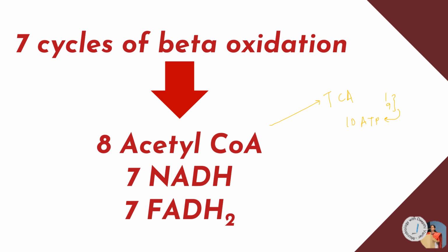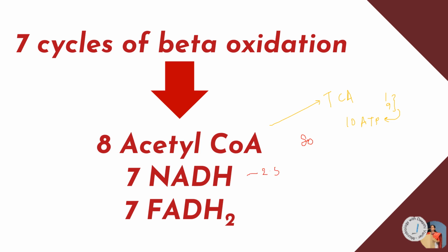So you can imagine 1 acetyl CoA itself is giving me such a large amount of ATP. Now I am having 8 acetyl CoA. So 8 into 10, here we get 80 ATP molecules. Each NADH, generally also, whether it is from the TCA or whether it has come from beta oxidation, each NADH can give us